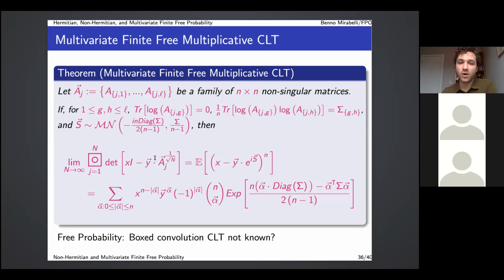So here, once again, the hard part is computing this scaled multivariate polynomial, for which we used some multivariate combinatoric identities and the multivariate generalization of Newton's identities. One interesting thing is, as far as I'm aware, at least, in free probability, the boxed convolution central limit theorem is not currently known. And the reason for that is because the boxed convolution is defined by Speicher in terms of non-crossing partitions. And as far as I'm aware, an analytical definition in the Voiculescu sense isn't known for the boxed convolution. So computing a central limit theorem, again, as far as I know, isn't known in free probability, but we have it here in the finite case.